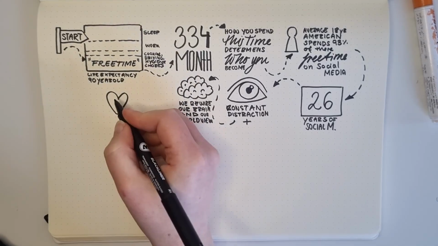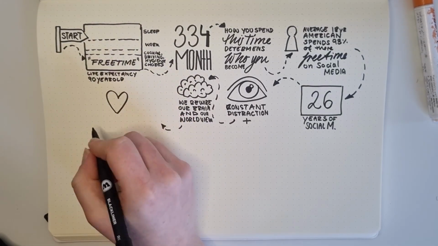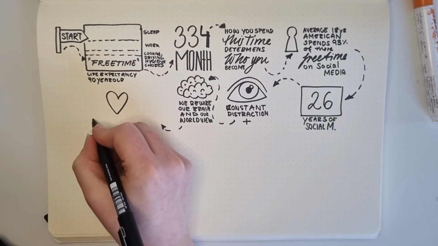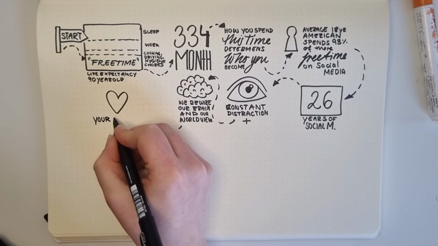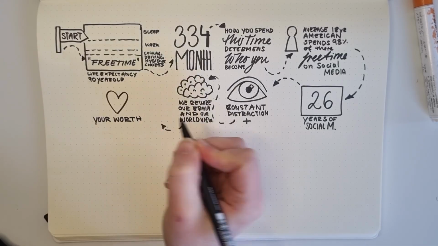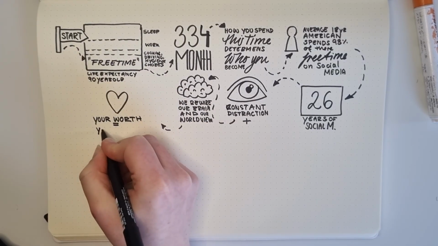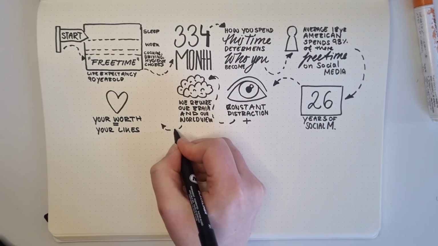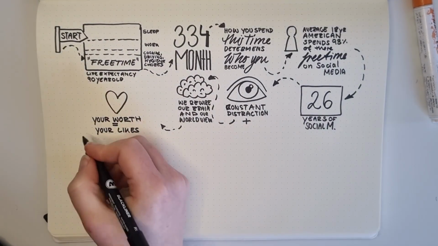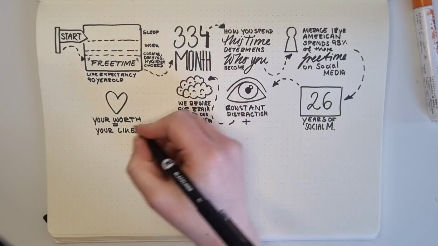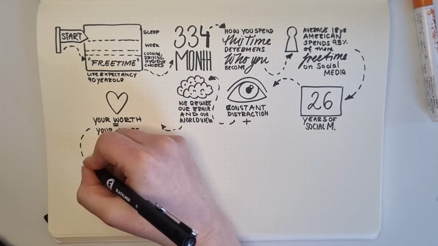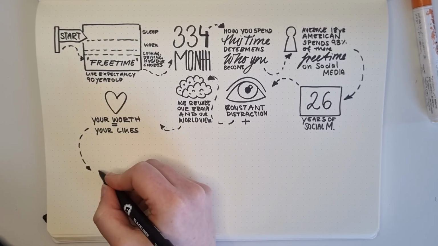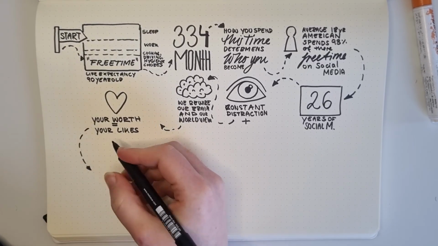Now let's talk a bit about reduction. A big part of sketchnoting is that words can be reduced into a single image. So the speaker talked quite a bit about values and the worldview that changes through social media. Really, or at least how I understood it, is that your worth quite often, or we think that our worth, depends on the amount of likes we get and comments we get. And I just summarized that by drawing the like heart that you quite often see on Instagram.